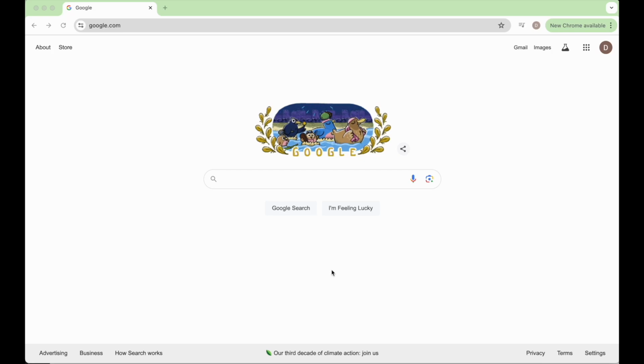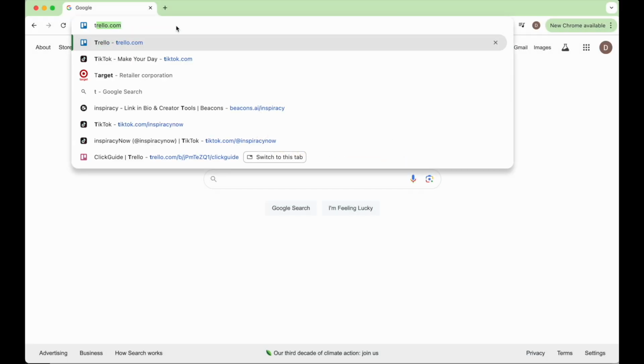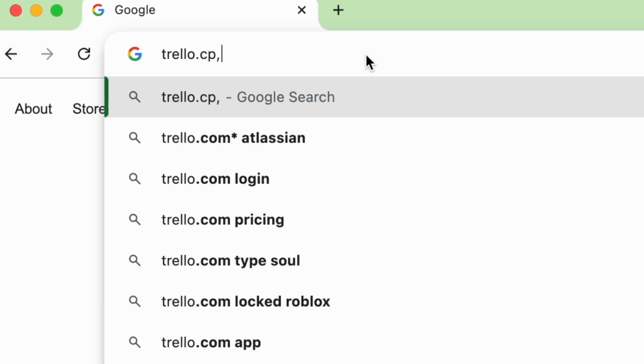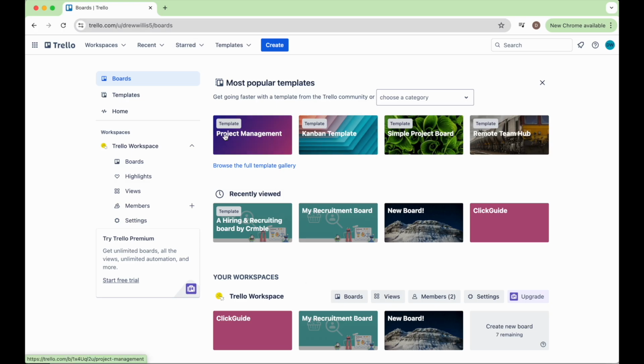Welcome back, everybody. Today we're going to be going over how to use Trello for game development, and be sure to watch to the end of the video so that you see all the step-by-step actions that you need to take. So first you're going to go to Trello.com and it'll load your dashboard with all your boards that you